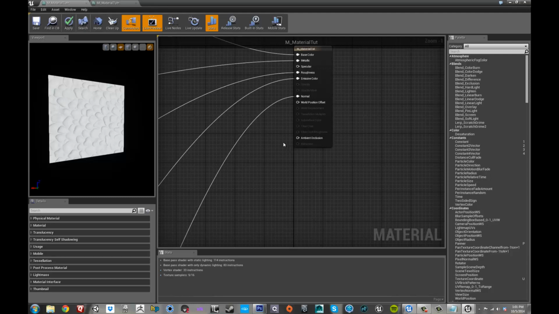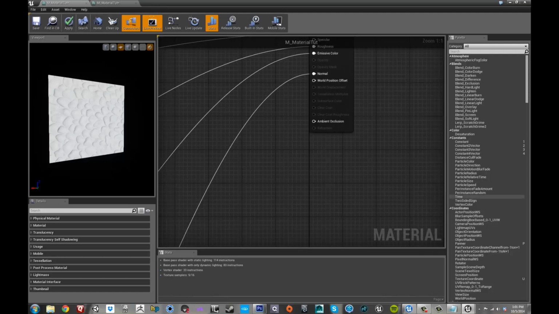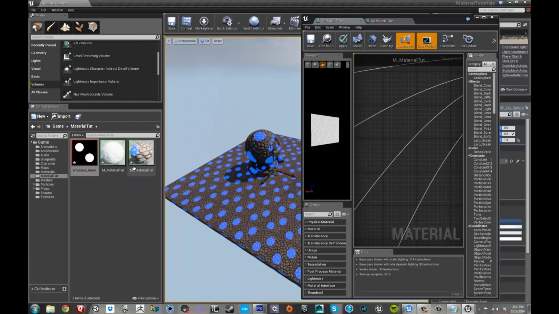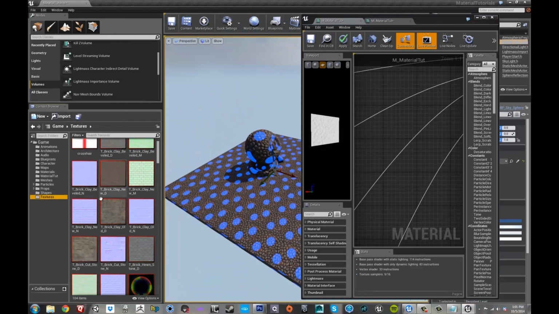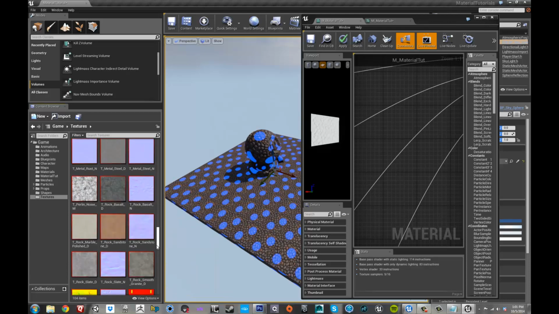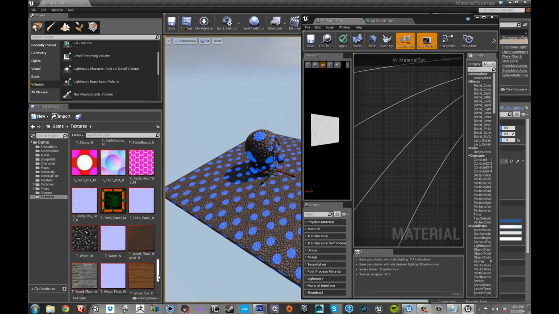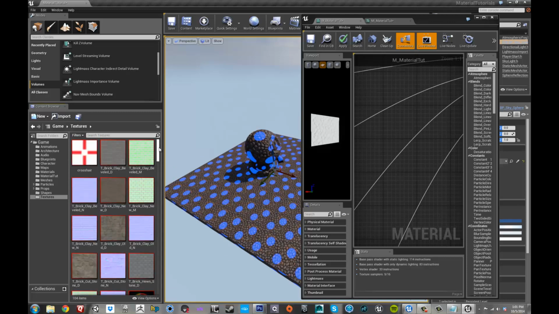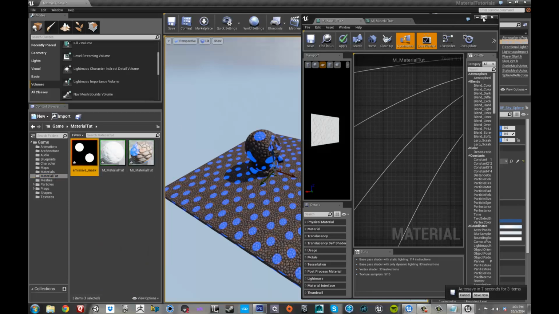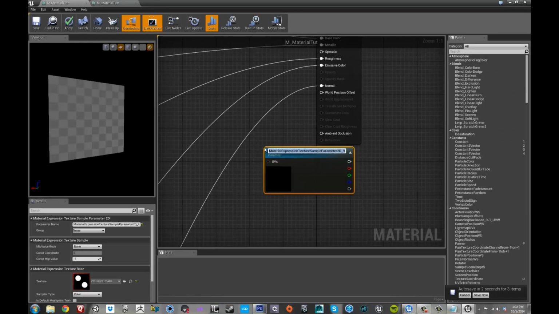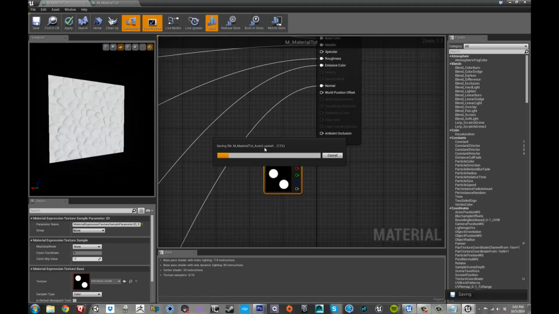And so let's go ahead and get started with that by plugging in an ambient occlusion map and seeing what it does. Okay, so to do that we need to go over here to the content browser and find something that will work for our ambient occlusion map. Okay, and we want this to be fairly clear, so as a matter of fact, what we'll do is pick the texture that we imported. So we'll use this emissive mask as the ambient occlusion. Alright, so we'll right click and type in 2D to pull that up,